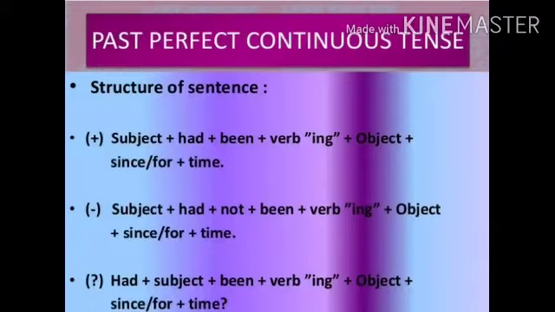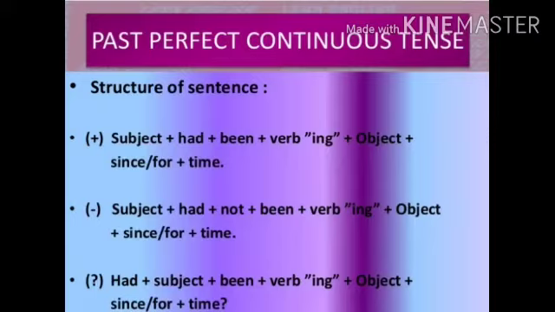Let's move towards the structure of past perfect continuous tense. Students, as I explained to you in module 1 while explaining the present perfect continuous tense, perfect continuous tense is the mixture of the two kinds, perfect and continuous. The same thing is here. We can get the qualities of perfect and continuous of past to make this kind.